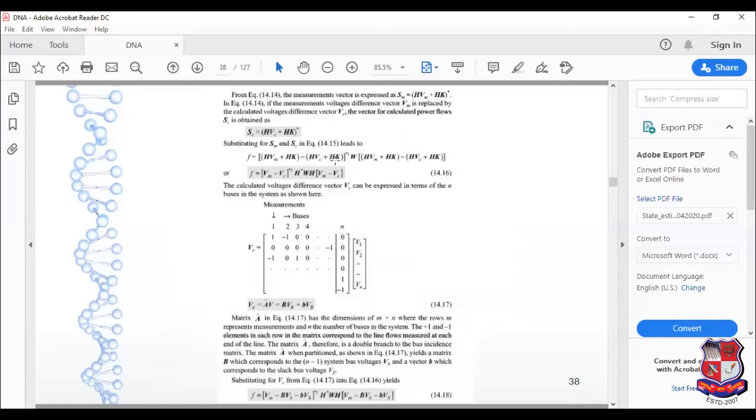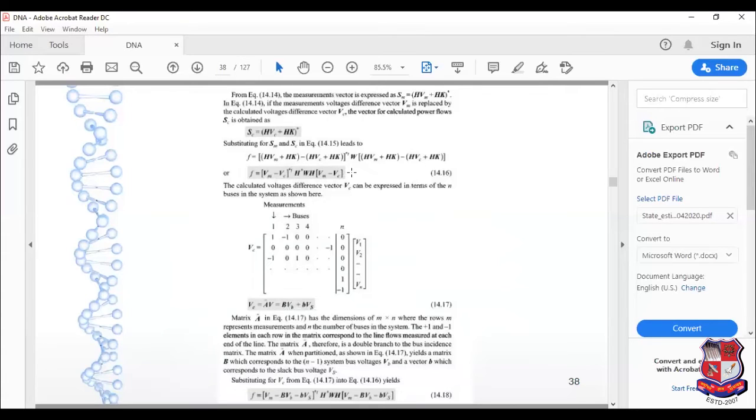So now my simple equation will be Vm minus Vc, and H transpose, that will be the product of this. Over here, once again, this Hk and this Hk will be cancelled out. Hence, once again, it is Vm minus Vc, the product of H. So now see, this is nothing but the same kind of form which we get in terms of G, where we applied G inverse H into W into Zm. So the same kind of thing we have derived if we apply this weighted least square estimation technique for